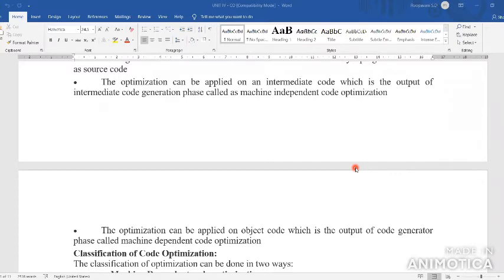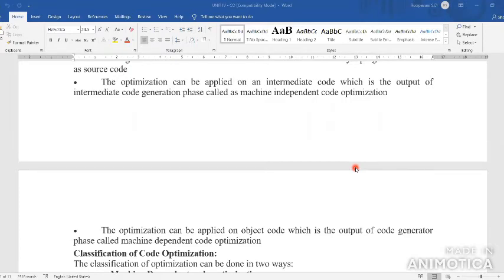The next level is that the optimization can be applied on the object code. Object code is the output of the code generation phase, and the code generation phase depends on the machine. So this level is called machine dependent code optimization.